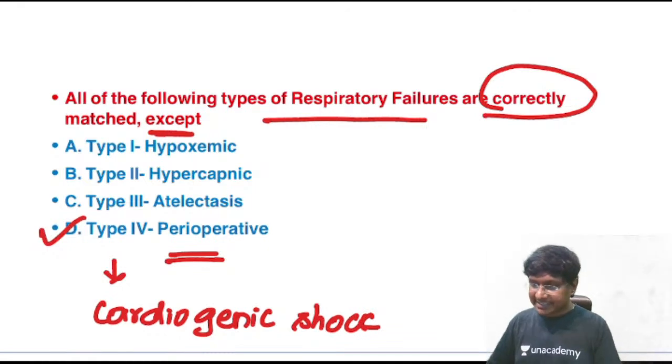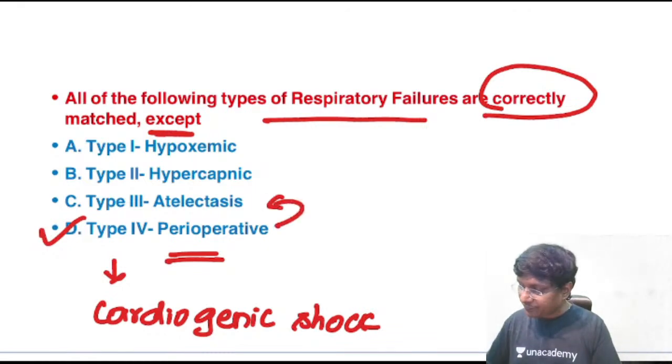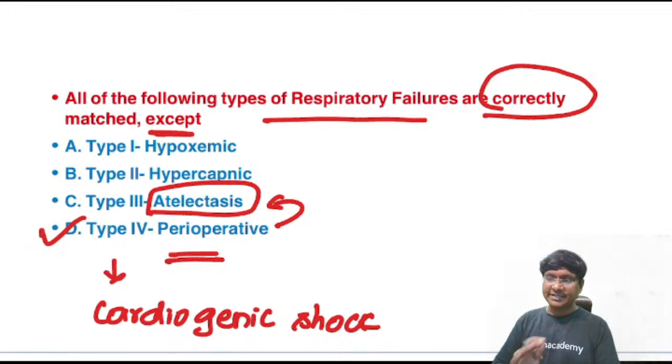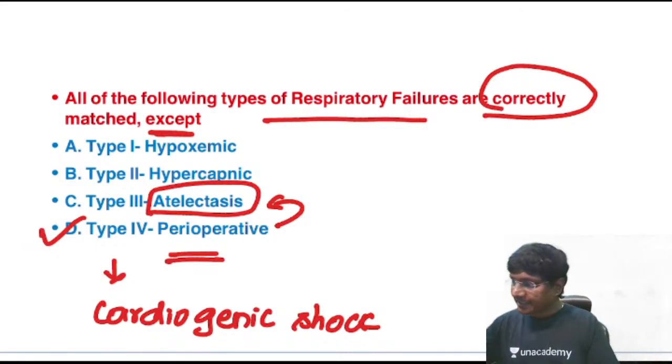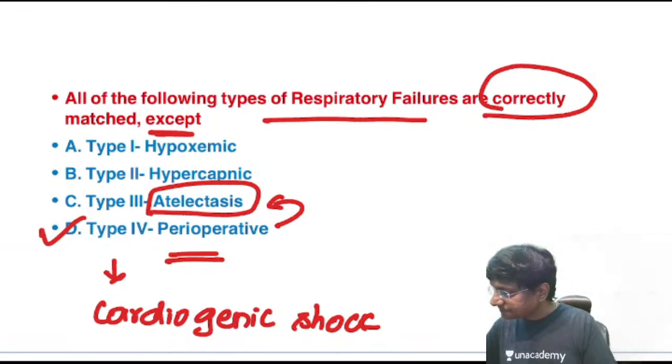Okay, right. Type 3 is your perioperative type, where there will be atelectasis of the lung, where there will be collapse of the lung. Okay, right. And the next important question is